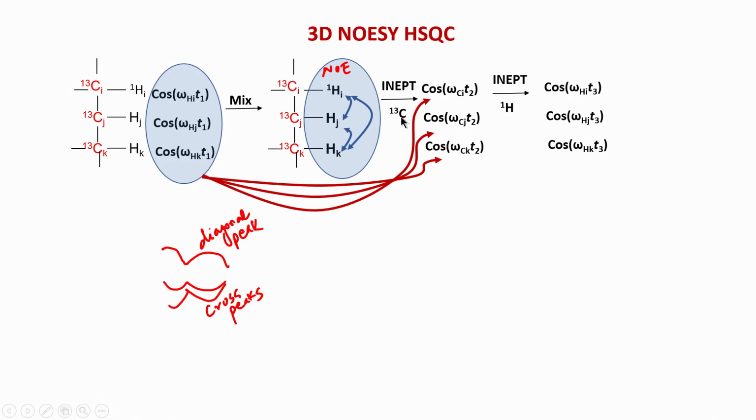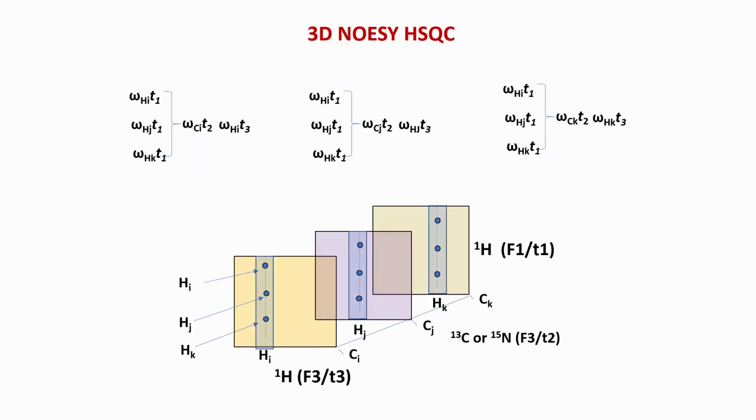the mixing time will be the same whether it is carbon NOESY or nitrogen NOESY, the proton mixing time will be the same. So, this is how the spectrum will look approximately, and now you can see for each plane, this is just for example for these 3 atoms. If I am looking at the Hi chemical shift, I am looking at this part here.